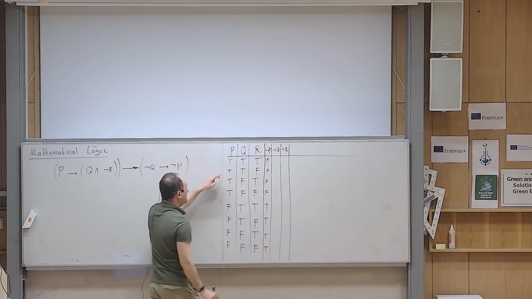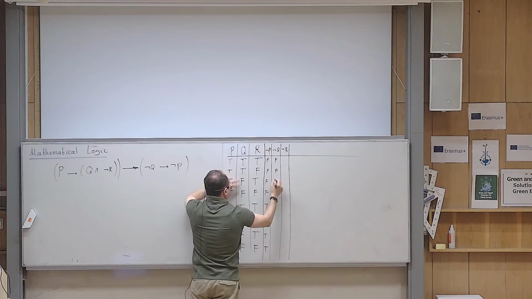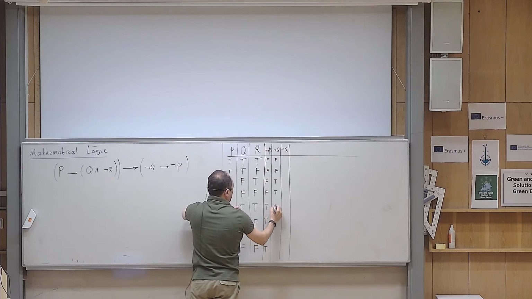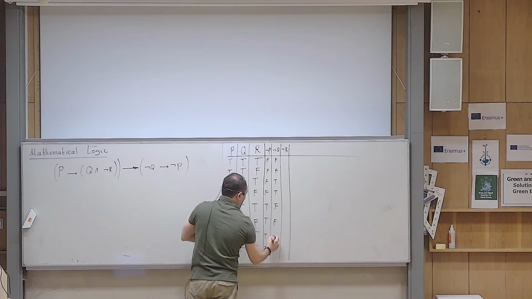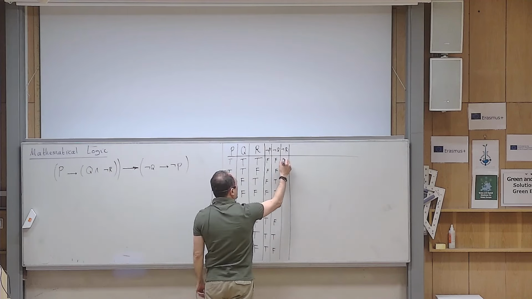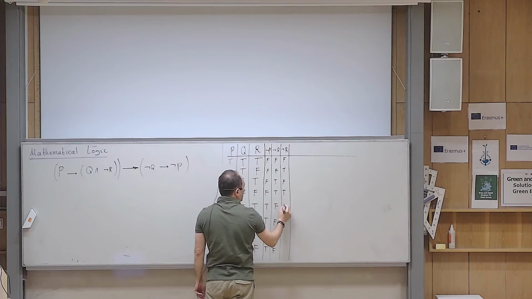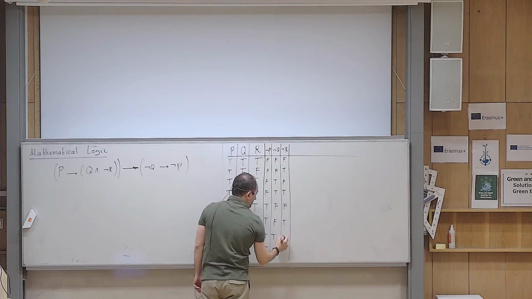Please check my calculations. The second one: F, F, T, T, F, F, T, T. The next one is F, T, F, T, F, T,